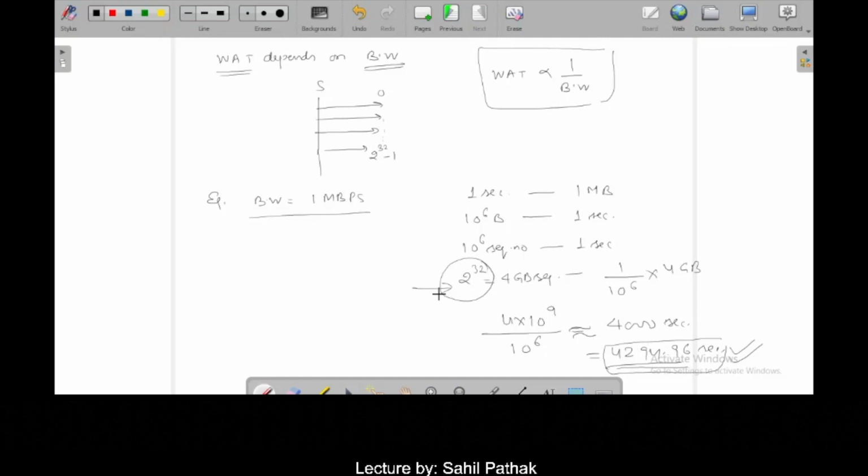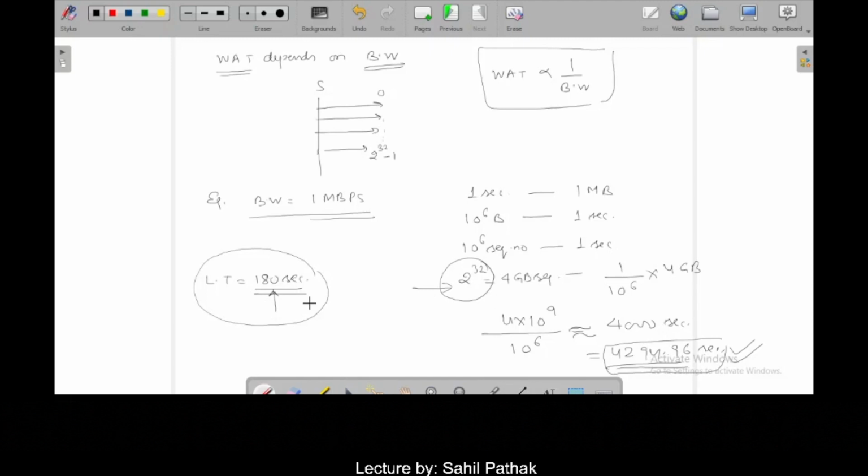And in today's network the lifetime of your packet is 180 seconds. That is, for 180 seconds a packet is going to be live, and after that it is going to be discarded. Okay. So here there is no problem if we have bandwidth of 1 Mbps, because हमारे पास दोबारा अगर कभी यूज करना होगा तो 4000 सेकंड के बाद यूज करना होगा हमें दोबारा से सीक्वेंस नंबर, क्योंकि 4000 सेकंड तो लगेंगे 2 raised to power 32 सीक्वेंस नंबर को कंज्यूम करने में, और किसी भी एक पुराने सीक्वेंस नंबर की लाइफ टाइम जो है वो 180 सेकंड होने वाली है।